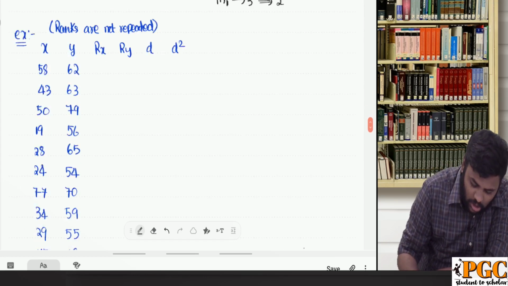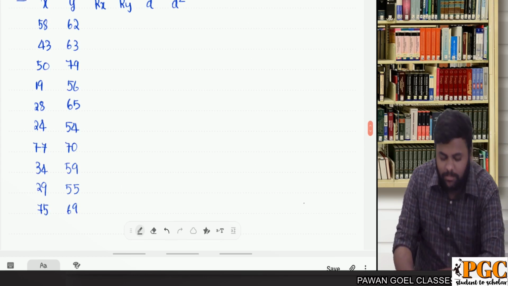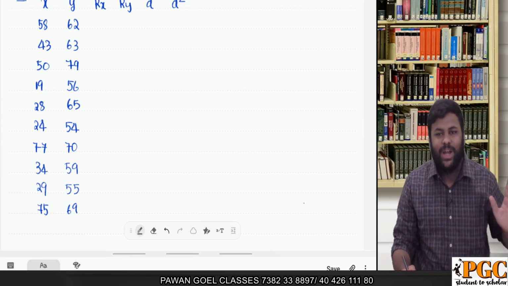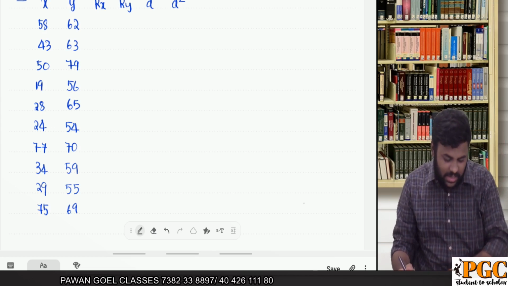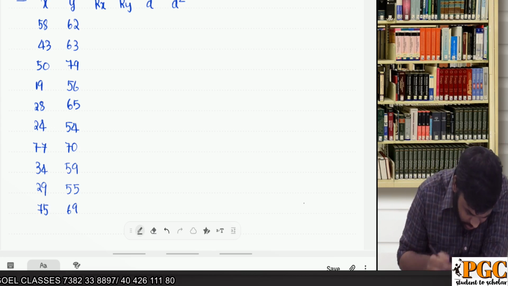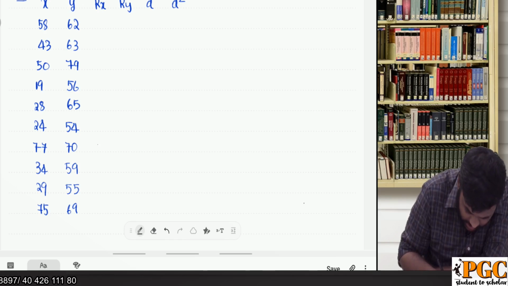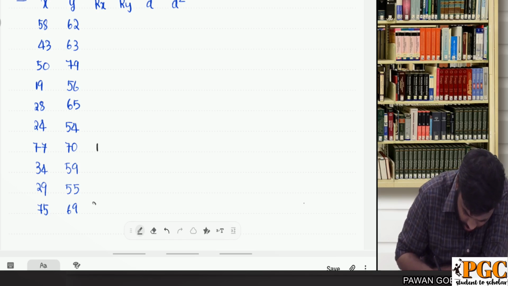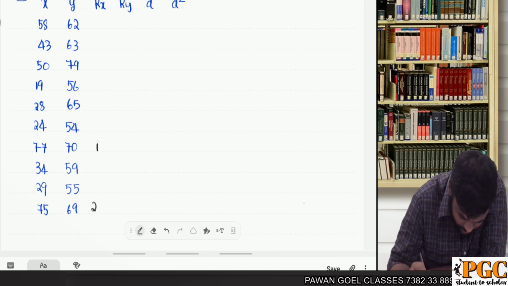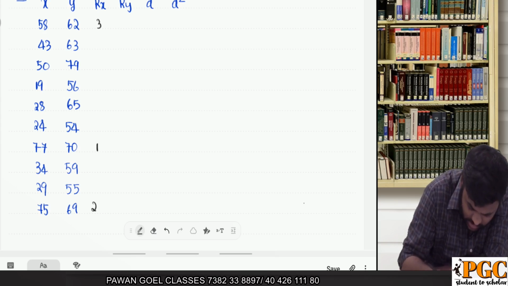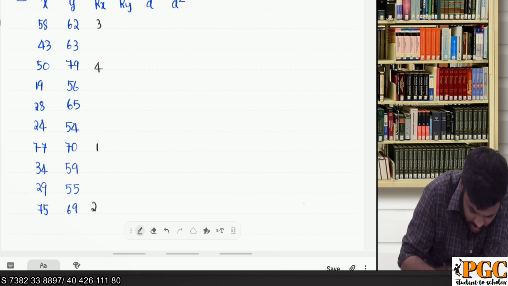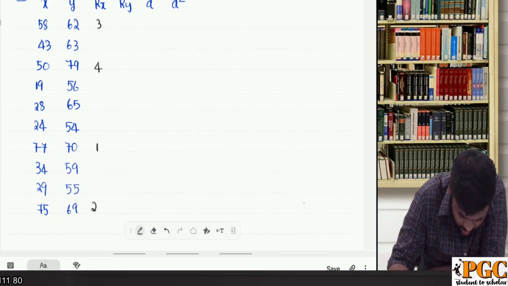Now let us see the concept when ranks are not repeated. First see variable x, my dear friends. What is the highest number here? Can I say the highest number is 77? So let us give first rank to 77. What is the next highest number? You are right, my dear friends, 75. Next highest number, can I say it is 58? Yes. Next highest number, can I say it is 50? Yes. Next highest number, can I say it is